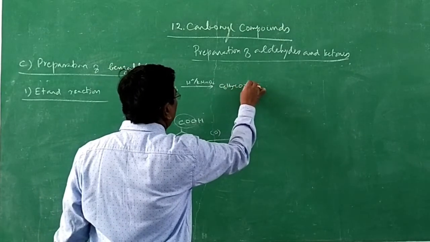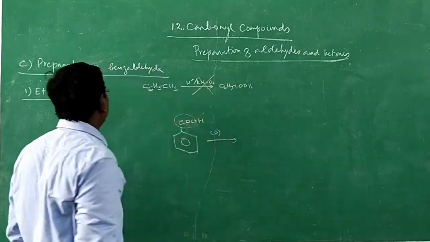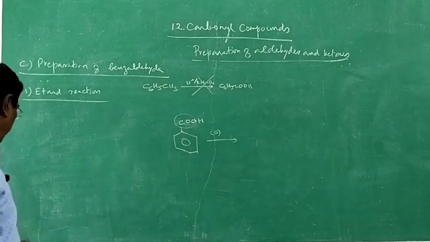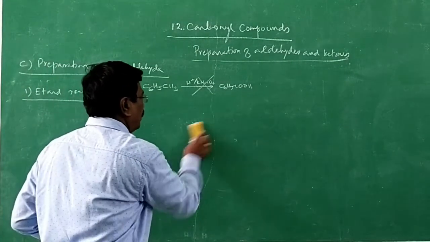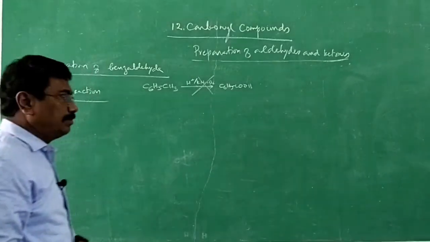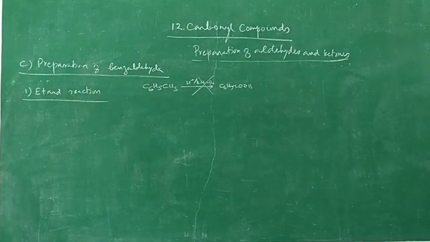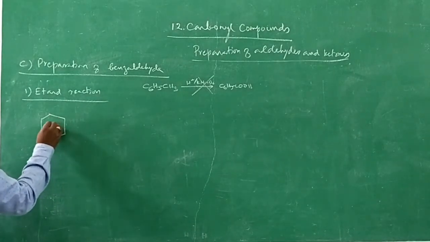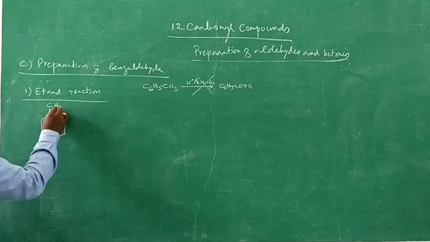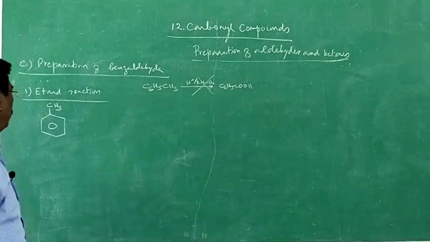We don't need acid. We need only aldehyde. That's what we have discussed even in the very first reaction, oxidation of alcohols. Here also we are not using this. In Etard reaction, what is happening? When toluene, methyl benzene, is oxidized